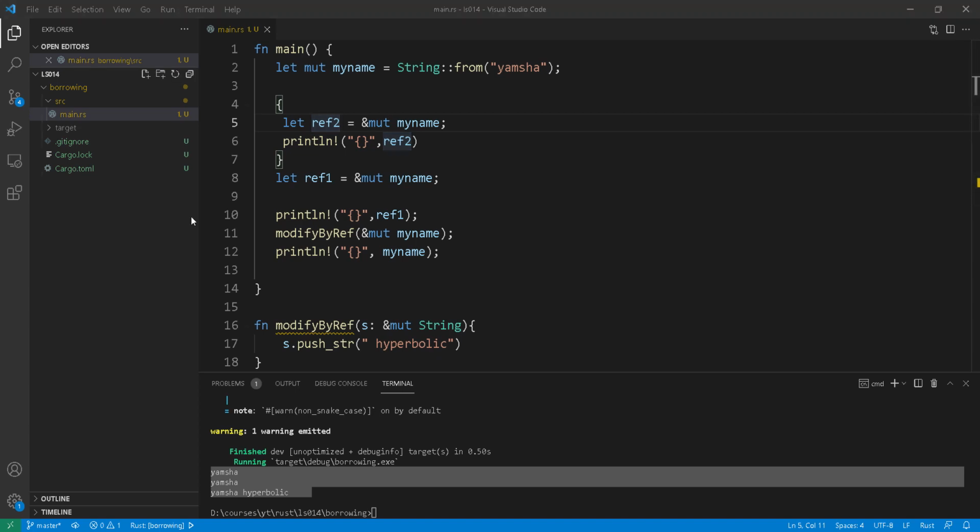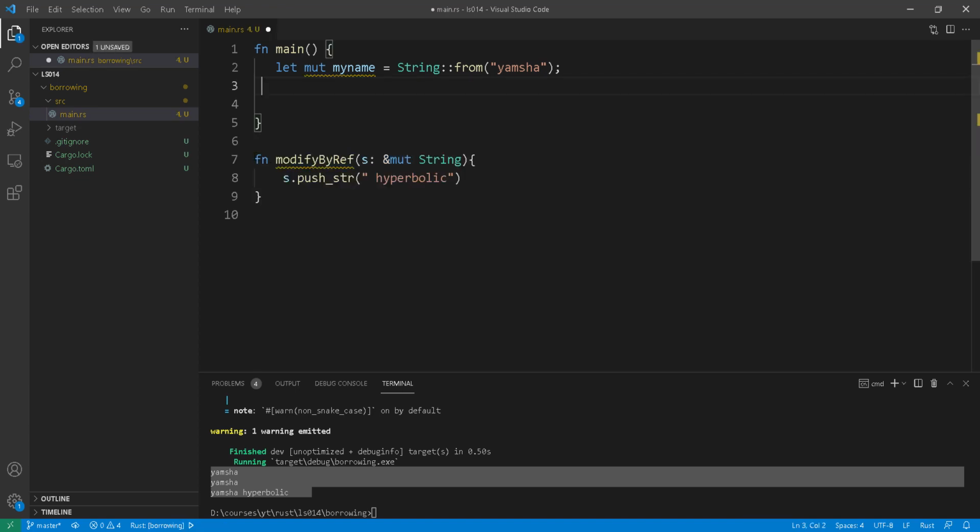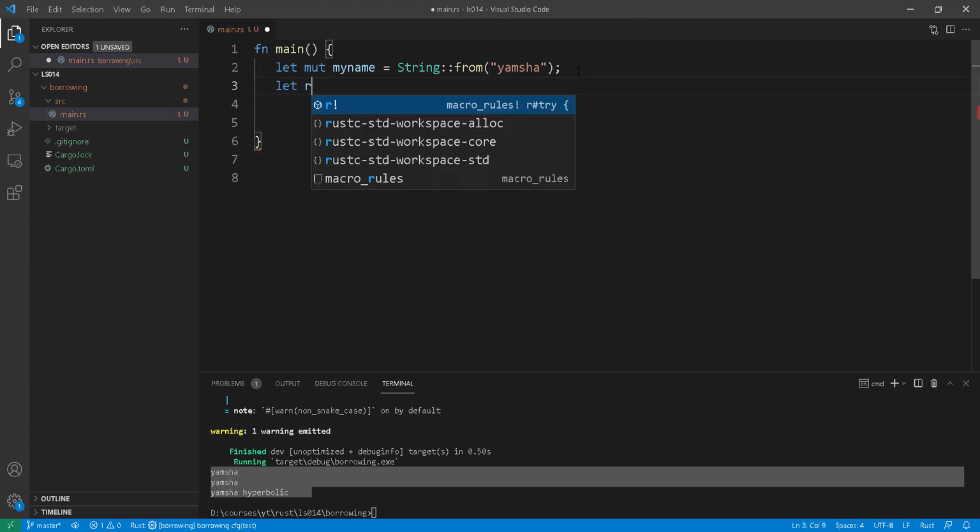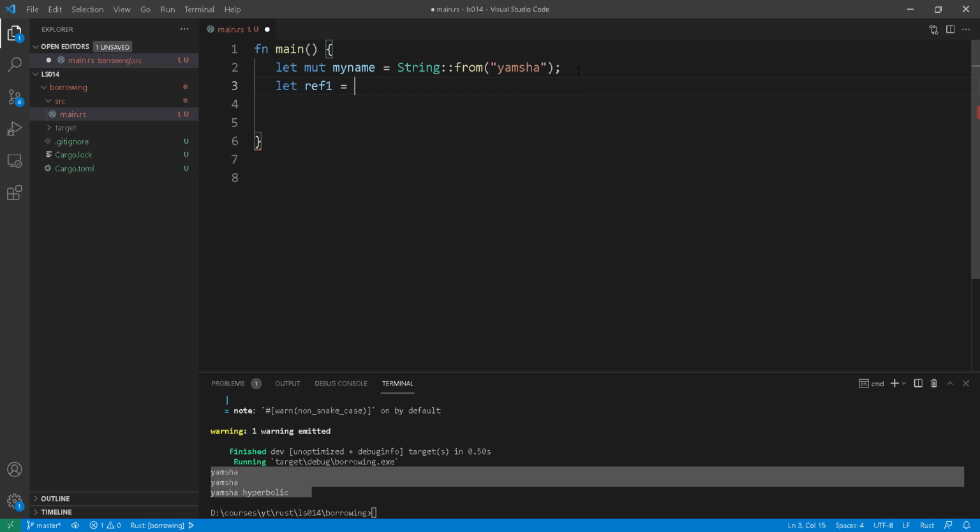Another rule here to bear in mind is you cannot have a mutable reference while having an immutable one at the same time in the same scope. Let me illustrate. Let me clean this up real quick. Remove all this. We no longer need this function. So I can have ref1 as an immutable reference to the my name variable, and I can have ref2 as an immutable reference. Now ref3, however, I cannot have as a mutable reference